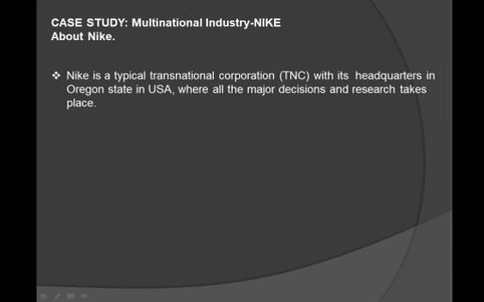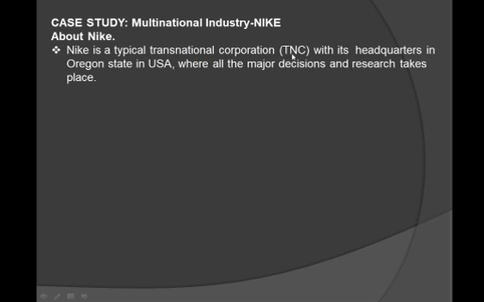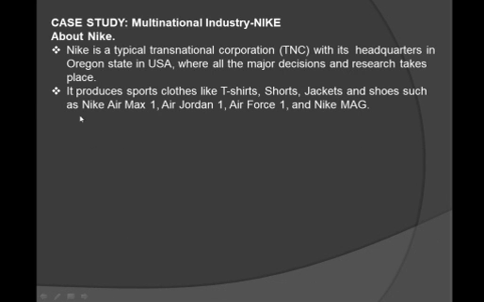So let's proceed and take a look at some details about Nike. I don't know how you call it, but I call it Nike. So Nike is a typical transnational corporation, or a TNC, with its headquarters in Oregon State of USA. And this is a place where, of course, all decisions and research and innovations are done, and then information is sent to other branches or other production centers. It produces sports clothes like t-shirts, shorts, jackets, and shoes, such as we have brands of shoes. Some of you could own pairs of these. We have Nike Air Max 1, we have Nike Air Jordan 1, there is Air Force 1, and Nike Mag. If you get a chance to go in the Nike shop, you could take a look at some of these